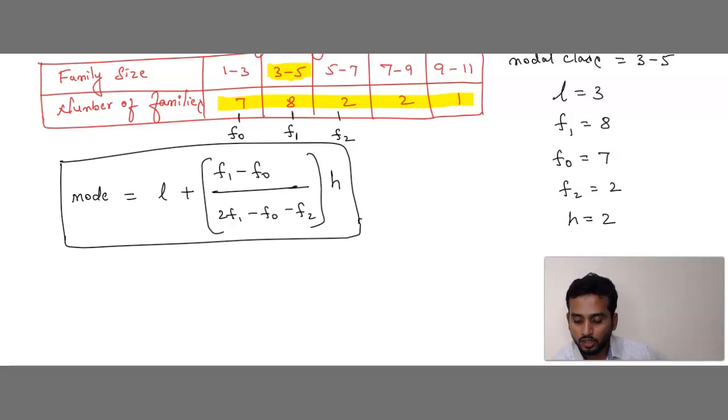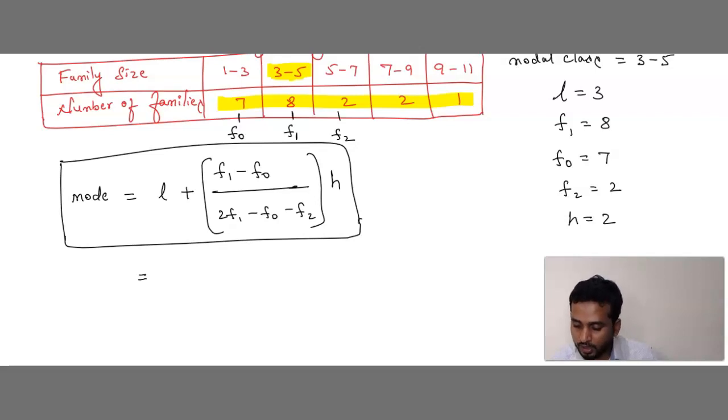You understood now? देखो बेटा, सबसे बड़ा नंबर F1, उसके बाजू जो है F0, उसके बाजू जो है F2. F1 के ऊपर जो इंटरवल दिख रहा है बेटा, उसको हम बोलते हैं क्लास इंटरवल. Okay, 3 to 5, according to mode, it is the modal class. In that 3 to 5, the lowest number is L. Substitute the values. That's it.